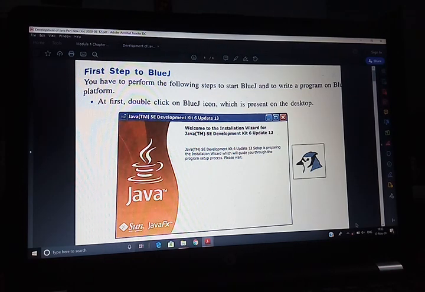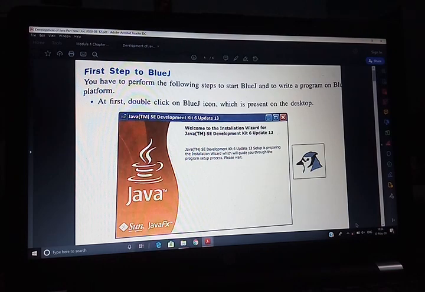It is known as JDK, that all of you know. It requires installing the JDK 1.3 version for BlueJ. So in your system, all of you install the JDK 1.3 version, so when we start programming, you can do programs on that system.